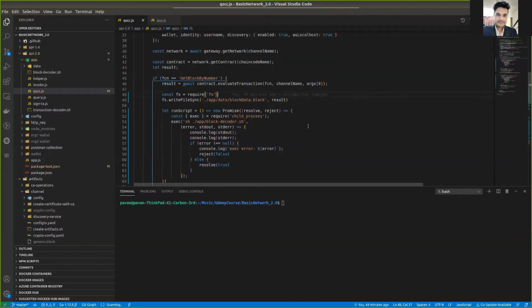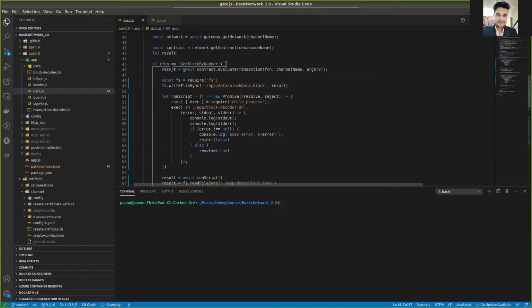But for decoding this result into JSON format, I did some hack here. With the file system, we are writing that block into block data.block in the app data folder.